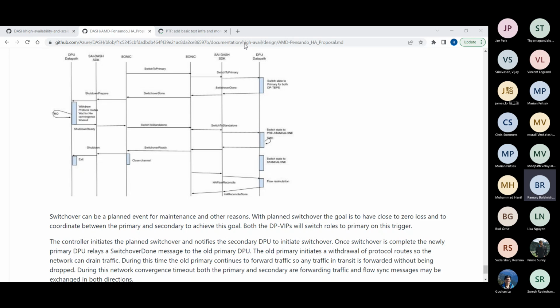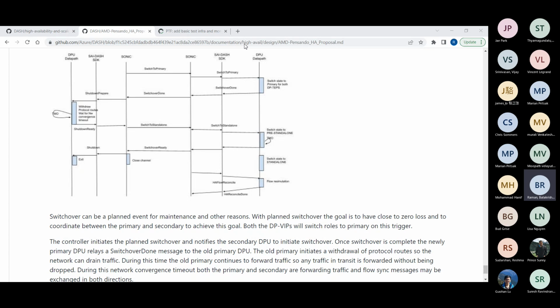Yeah, the active. See, the role active is like the regular active role, where it will do flow sync requests with the other side as well. So during the active role, flow sync can go either way depending on how the packets are landing. But then later, there is a newer state, right? As you see in the picture, there is something called pre-standalone.